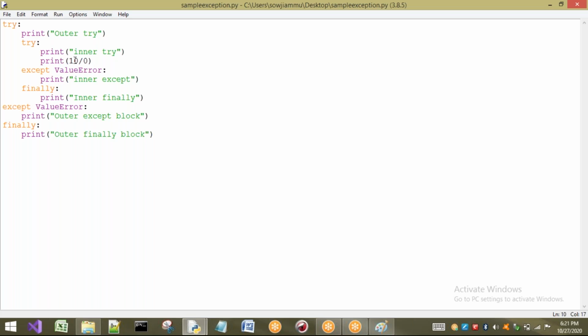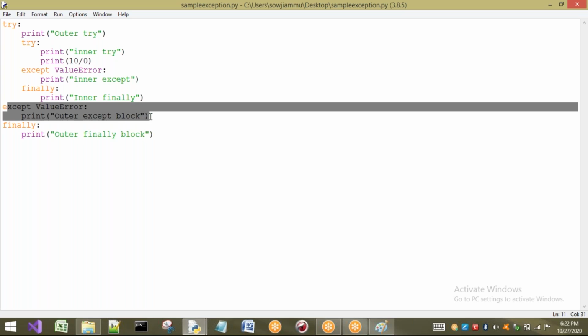As we are having an exception here, it will go to the inner except block. If the inner except block is not going to handle that, it will come to the outer except block. And here, is there any zero division error except block? Not there. Is there any default except block? Not there. Then automatically what happens? Here also the exception is not handled by our except block. If no one is going to handle the exception in your program, then automatically the default exception handler is going to handle it. That means the program is going to be terminated abnormally.